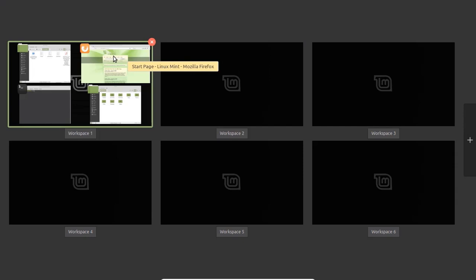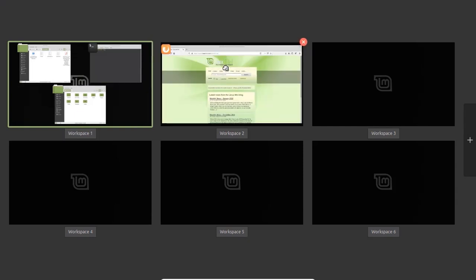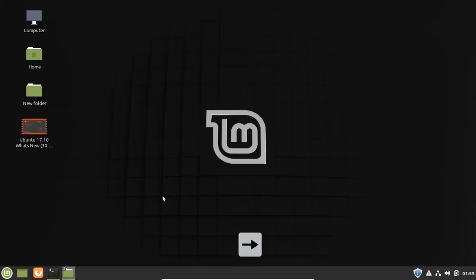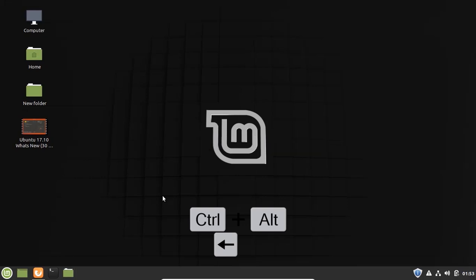What you have to do is simply drag any program to another workspace like this. Moving between the workspaces is also very easy. So how can you do that? Press and hold the Control and Alt keys, then press the left or right arrow key. So we are here in workspace 2, and this is workspace 3, this is workspace 4,